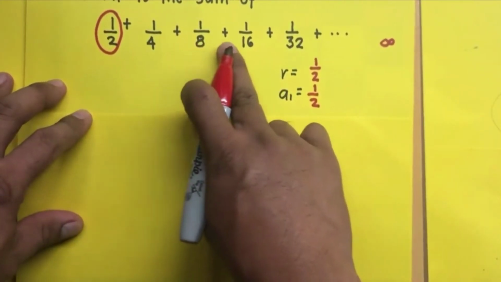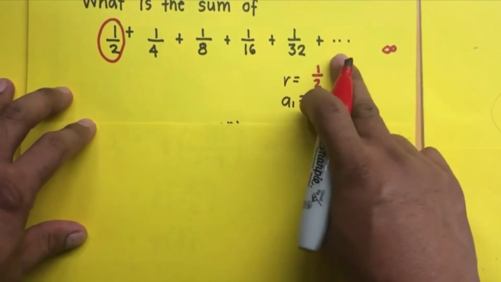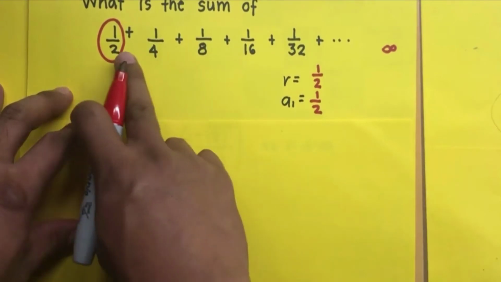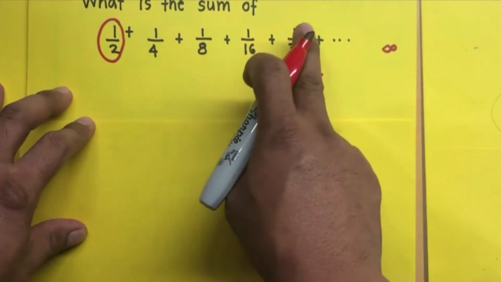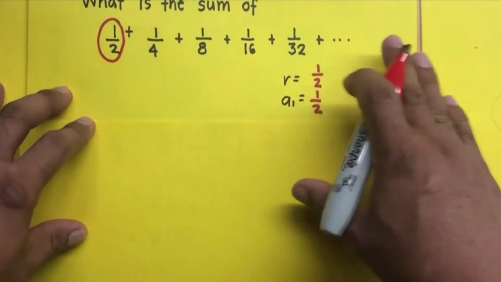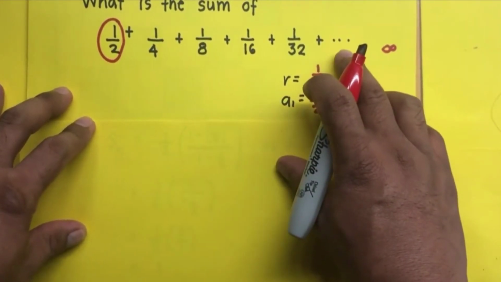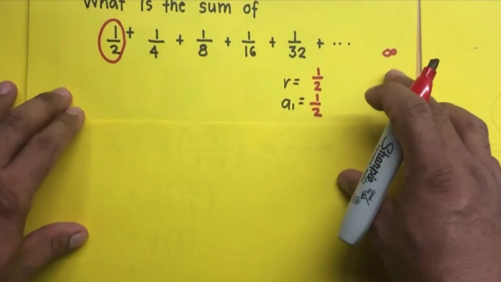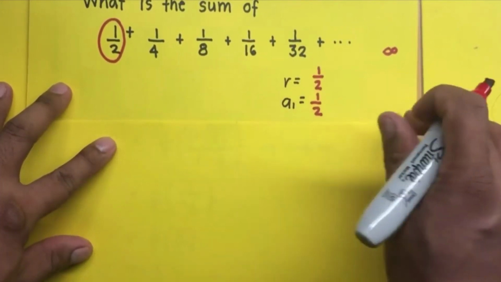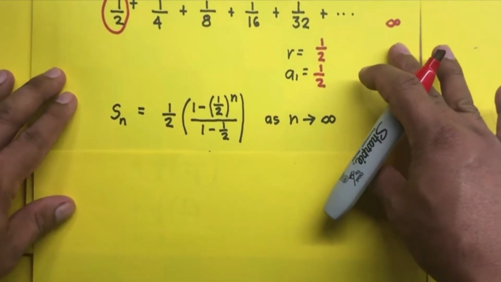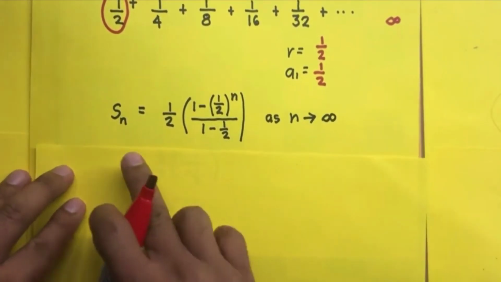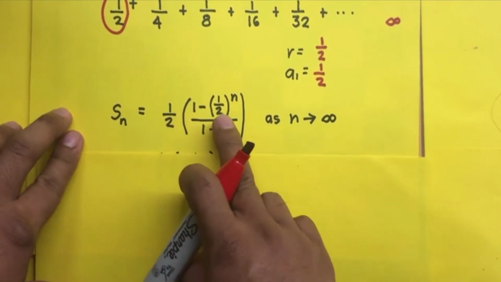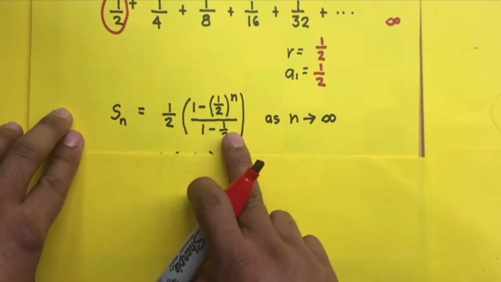And then we are going to get the sum of this, but the problem is we are not going to stop. We are going to continue this sequence up to infinity. But you will notice that the value becomes smaller and smaller as we progress. And at a certain point, that increase would be very minimal, that no matter how much you extend the number of terms, it will reach what we call a limiting value. So applying now the formula that we derived in the previous discussion, we have the sum of n terms equals the first term times (1 minus r to the n) over (1 minus r),